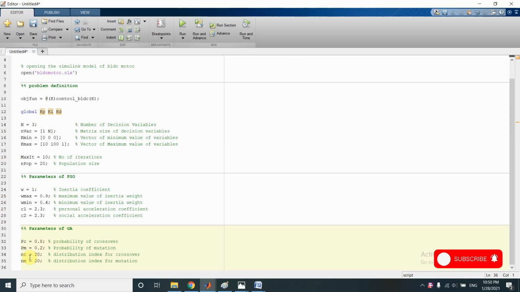And all these parameters nc, nm, pc, pm, how they are used in the genetic algorithm, that we will see when we code the genetic algorithm section of this hybrid algorithm. For now, we have defined the parameters of GA and PSO, and we can now move to the initialization step.